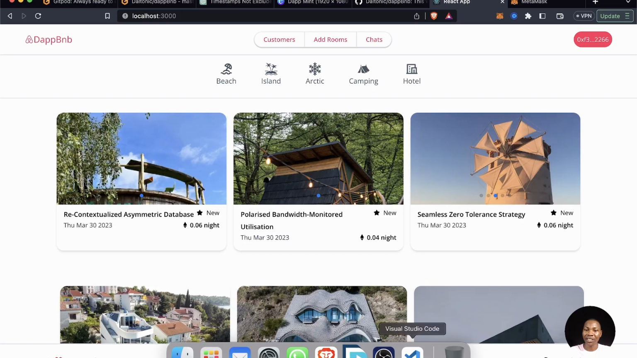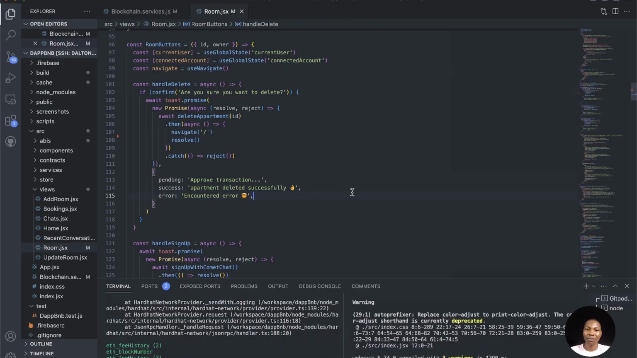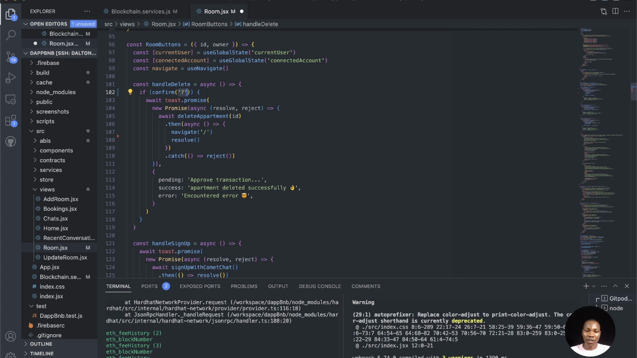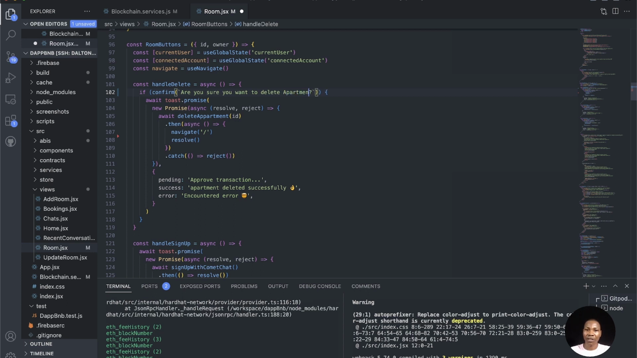Okay, so anything you do here, it will be affected there as well. Like right now I could come and change this and say I want it to become like this. Okay, this is the code that I'm changing, the code on this server, this platform. I could say, are you sure you want to delete apartment, and then add the apartment ID,